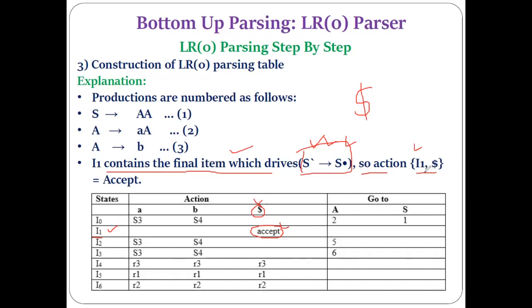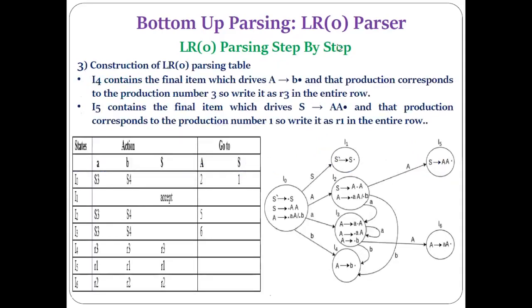We have to make the entry in the state I1. In the state I1, below the $, you have to write the accept. This is compulsory, the mandatory thing. Below the $, you have to mention the accept. That is the reason you can see below the $, in the state I1 there is a $, because the I1 state is what? S' derives S dot. That is the reason I said augmented grammar will help us to announce whether the string can be accepted or not. So this is also done.